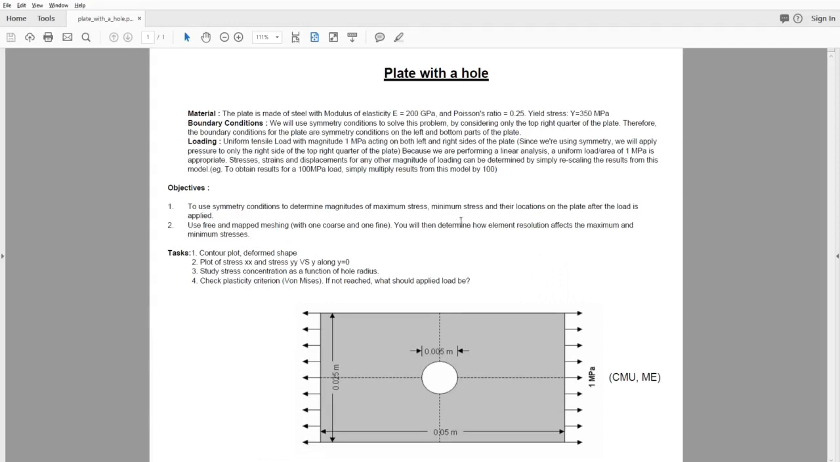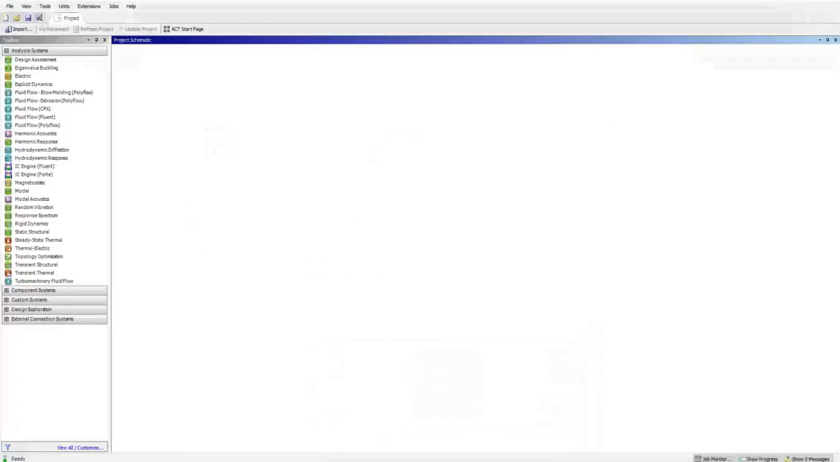Hi, in this tutorial I'm going to explain how to do the finite element simulation of the plate with a hole problem. One important aspect of this problem is that the plate has two symmetries in x and y direction, so instead of modeling the whole plate, we can just model a quarter of the plate. Okay, let's open Workbench and then static structural